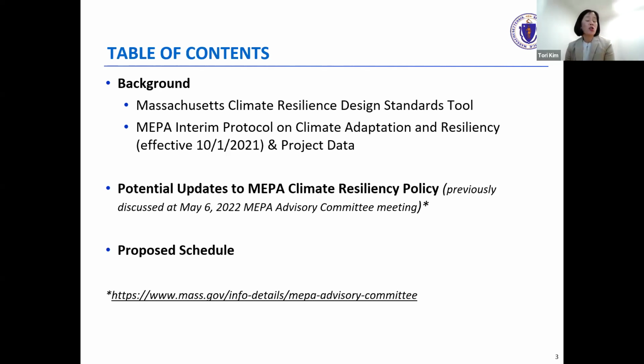We've collected some project data and trends that we've seen on the climate information that has come in since October of 2021. And then we'll present on the potential updates to the policy. And as with the greenhouse gas policy, we did have an initial discussion about many of these concepts at a May 2022 meeting of the advisory committee. The link presented here still has all of those materials that were discussed at all of the past advisory committee meetings, so all of that can be viewed on our website. Next slide.